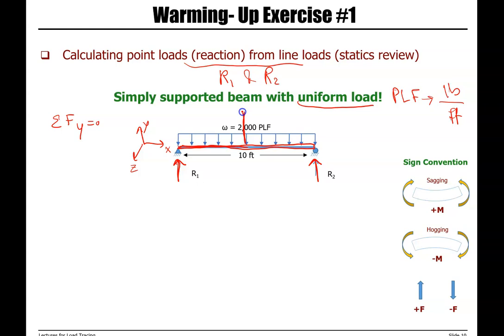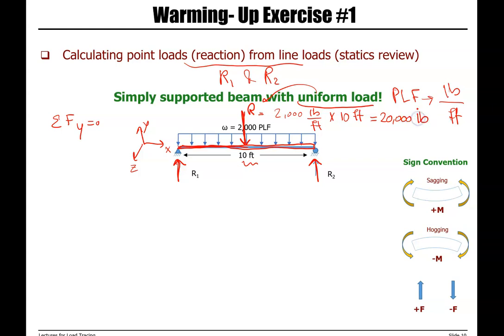We have the resultant of the uniformly distributed load. It's a rectangle. The load is 2000 pounds per foot for a total length of 10 feet. So it's 2000 pounds per foot times a total length of 10 feet. Our resultant is